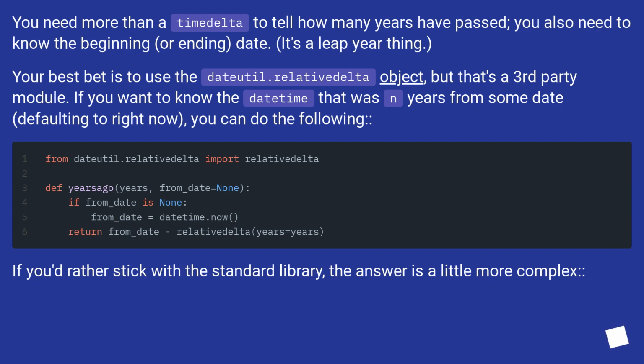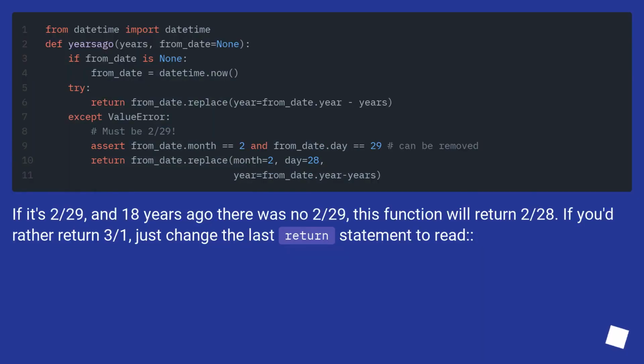If you'd rather stick with the standard library, the answer is a little more complex. If it's 2/29 and 18 years ago there was no 2/29, this function will return 2/28. If you'd rather return 3/1, just change the last return statement to read: